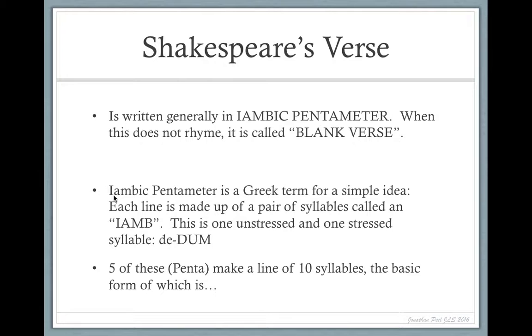Now, iambic pentameter, which sounds quite fancy, is a Greek term for a very simple idea. Each line is made up of a pair of syllables called an iamb, and this pair of syllables form one unstressed and one stressed syllable. So we might perhaps imagine the rhythm da-dum. 5 of these units of da-dum make up a line of 10 syllables in length, 5 times 2,